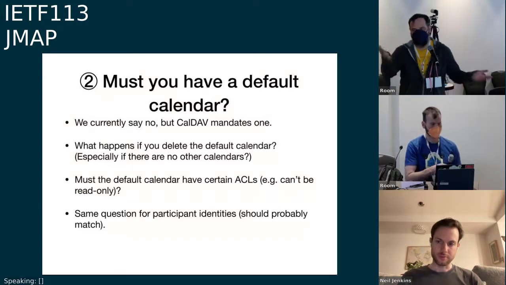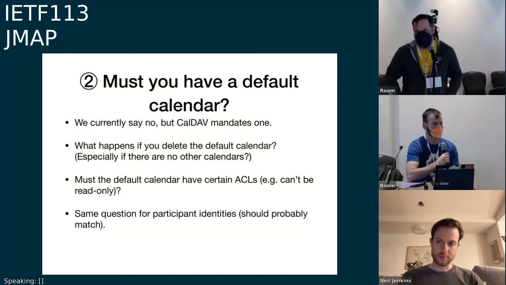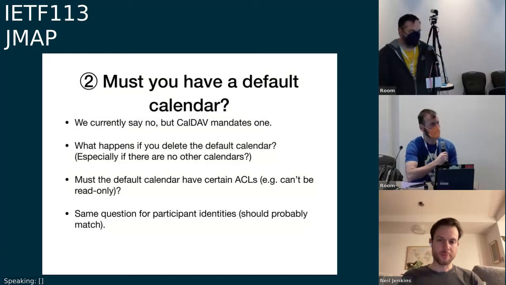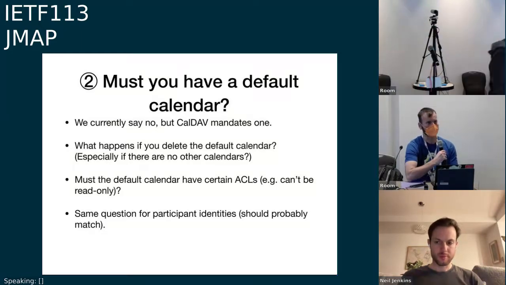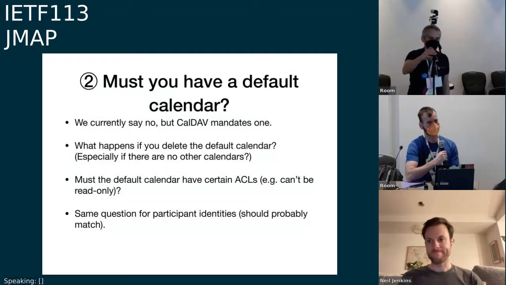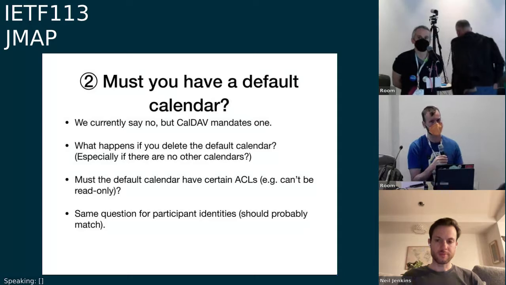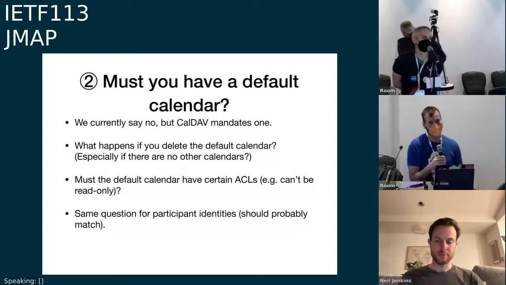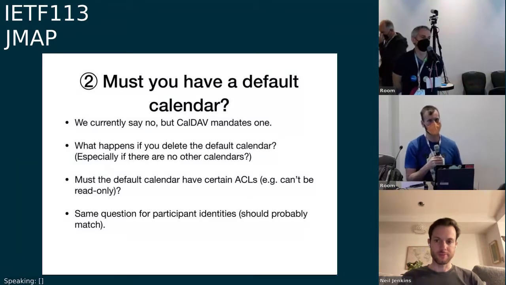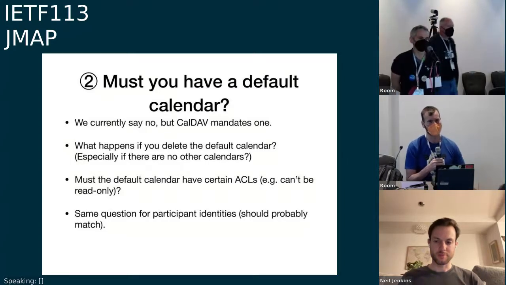Cases like undo are particularly messy if the server starts doing magic under the hood and you have to work out how to revert that magic if you accidentally deleted your last calendar. And in the offline case where you've scheduled a bunch of operations, you don't want the default calendar to change meanwhile so that one of your operations fails.